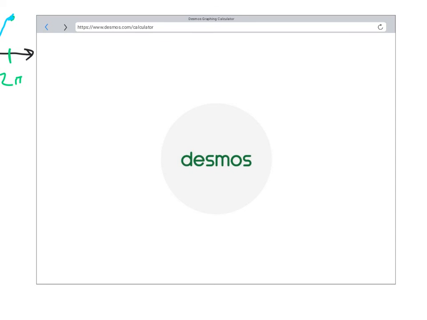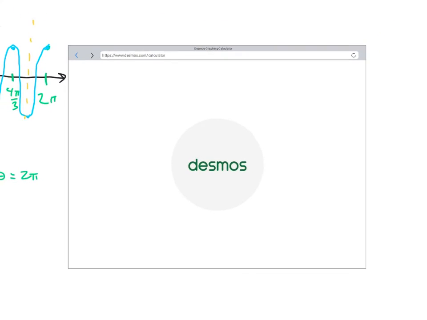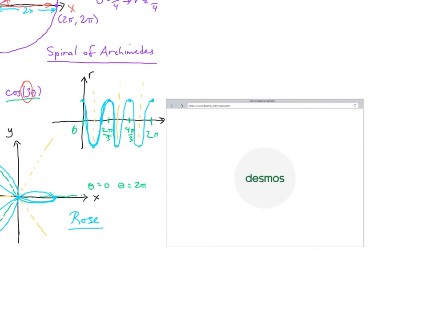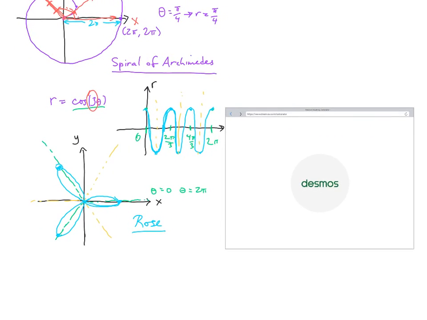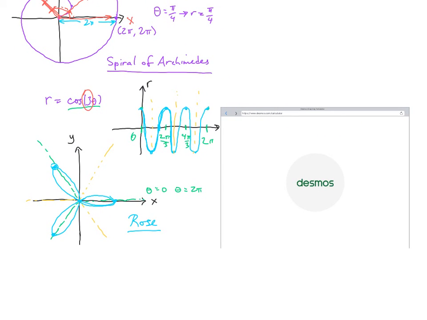But anyway, now you see that is in fact the graph of r equals cosine of 3 theta in polar coordinates. But I wanted to do it by hand first so that you would see some of the reasoning that gets us to that point, because it is quite intricate. Anyway,